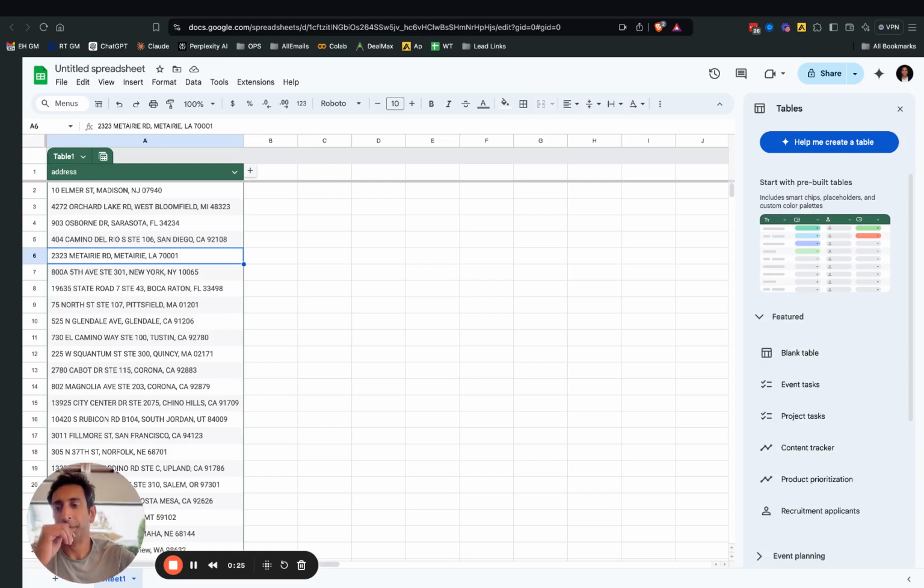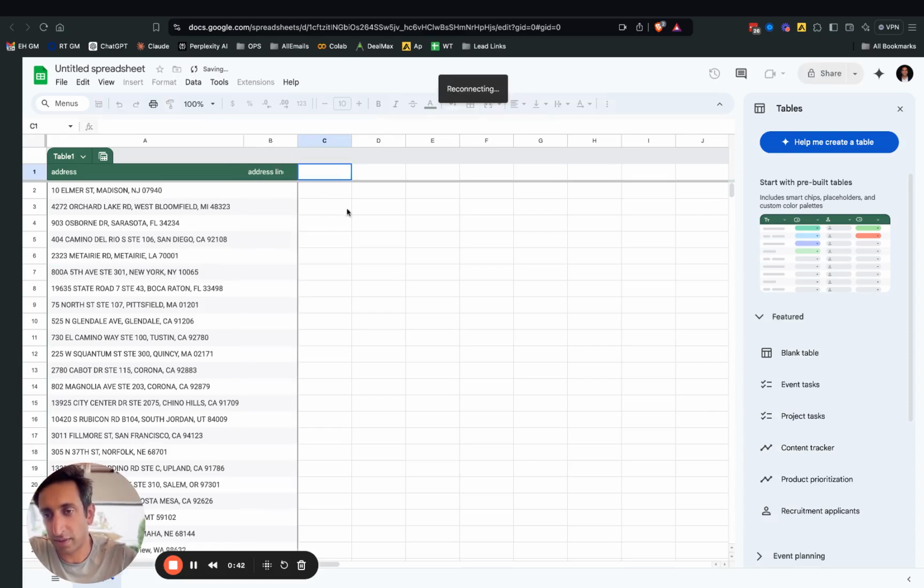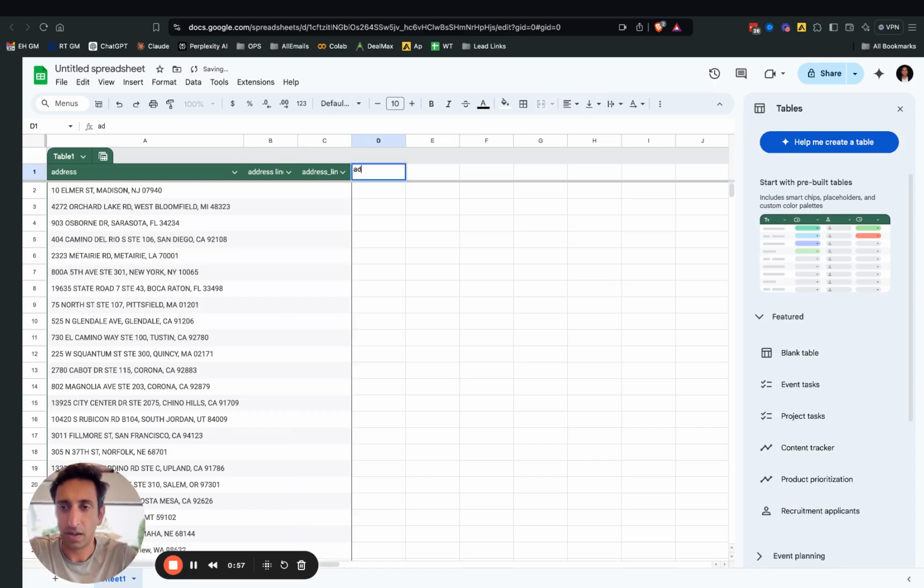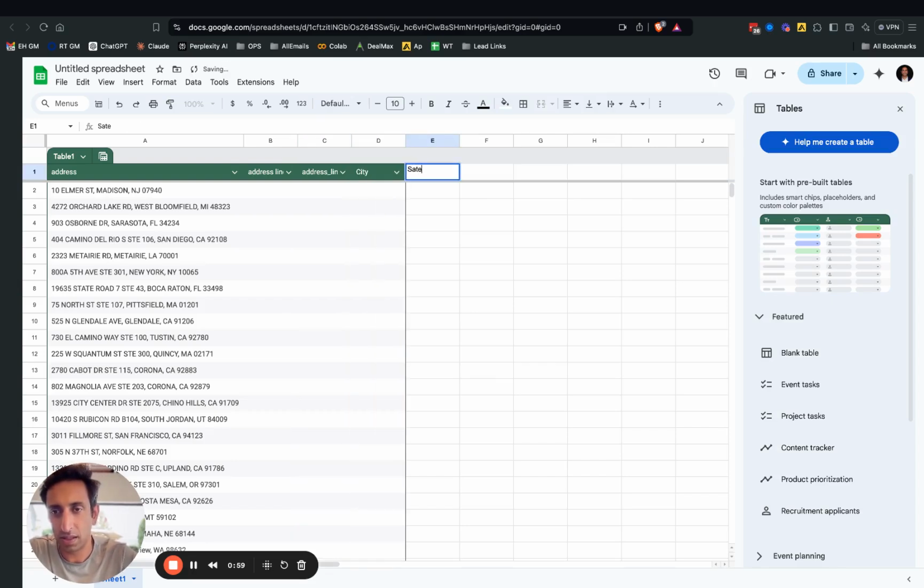So here's an example. I have a list of addresses, and one of the tasks a lot of direct mail campaigns will require us to convert this into address line 1, address line 2, breakout suite number, or things along the line, right? So address line 1, address line 2, city, state,